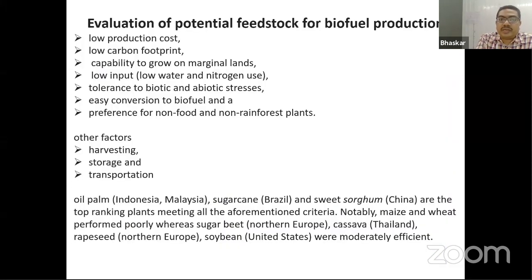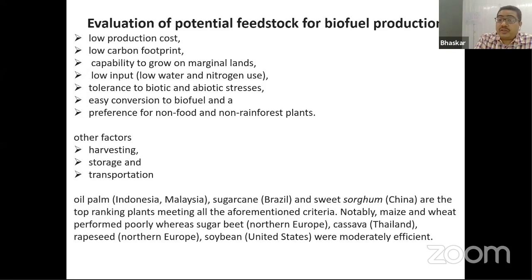So, evaluation of potential feedstock for biofuel production. The feedstock must be at a low production cost, because 60 to 70% of the cost of biofuel production comes from the feedstock. That is why we need a low cost feedstock, low carbon footprint, low water footprint, low input of nitrogen, high tolerance to biotic and abiotic stress, easy conversion to biofuel, and preference for